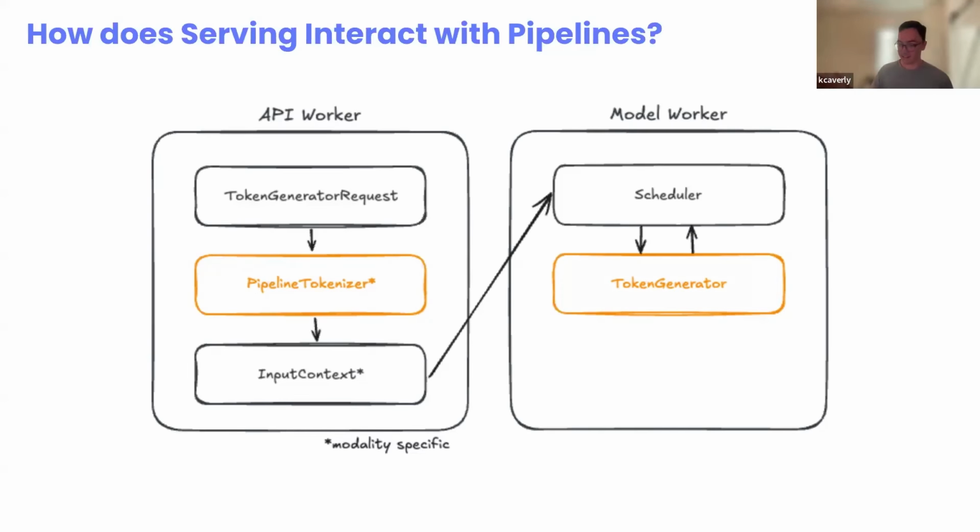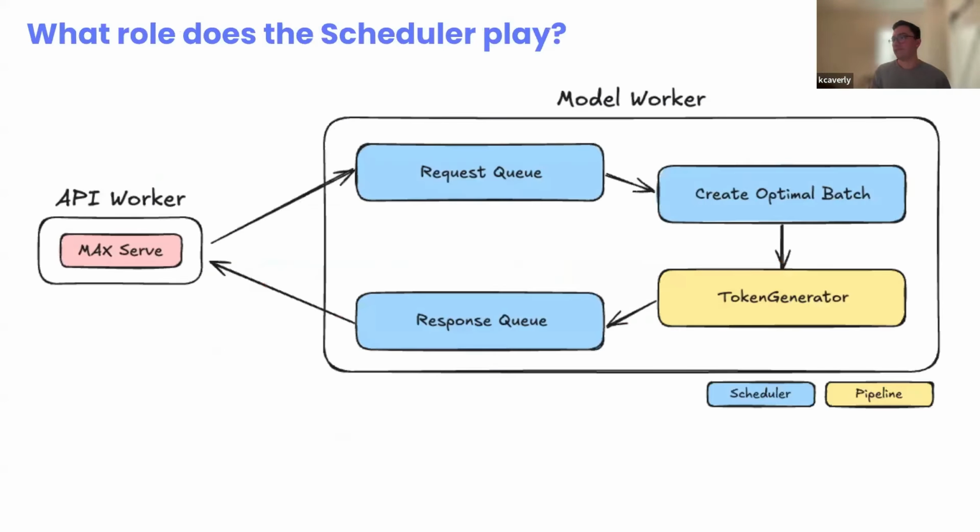Great. So the last thing, and I'll briefly touch on the scheduler a bit more. At a high level, it's really responsible for one thing, and that is creating optimal batches for token gen. It uses an async queue process to essentially manage both context encoding and token gen batches and then pass them to our token generator. What we found is that as the pipeline is getting more complex, namely surrounding ideas like constrained decoding or speculative decoding, there end up being weird edge case bugs in certain scenarios in which the scheduler has to implicitly identify whether we're in a token gen batch or a context encoding batch. And those concepts of context encoding versus token gen